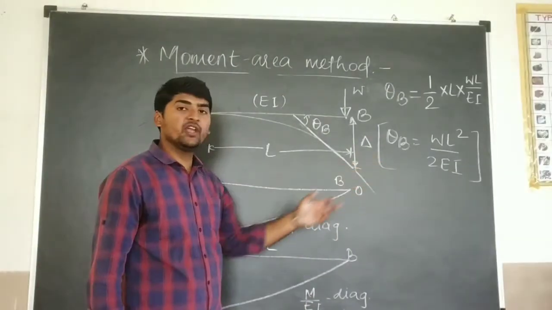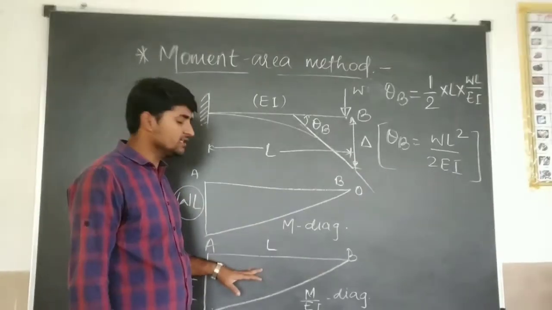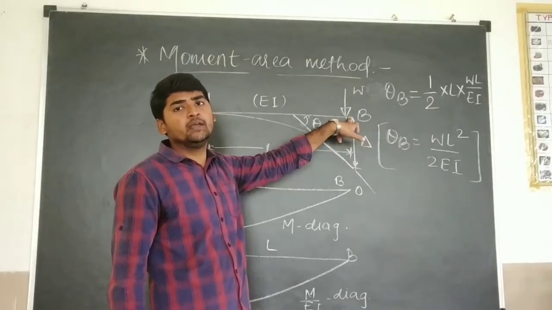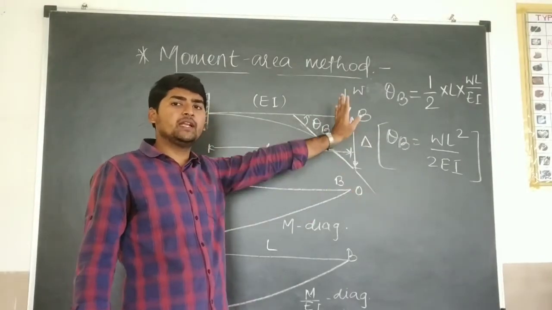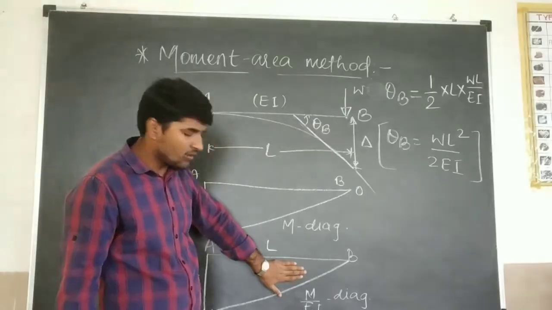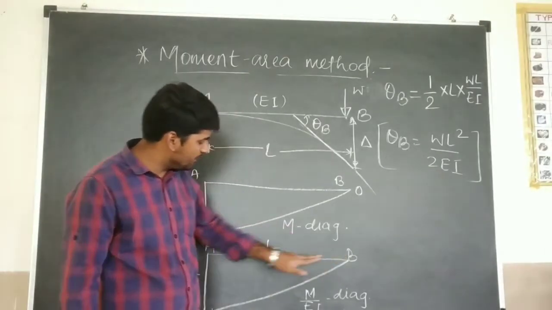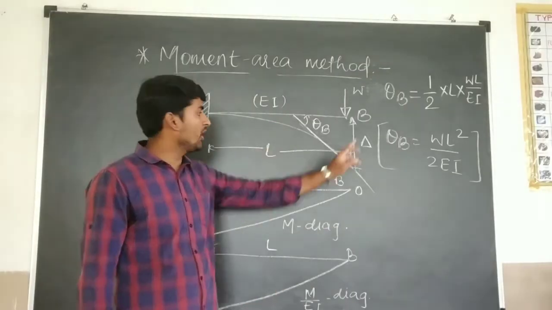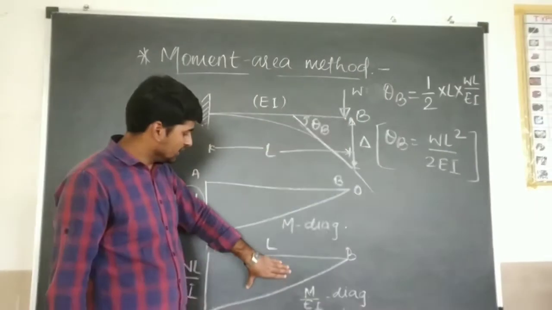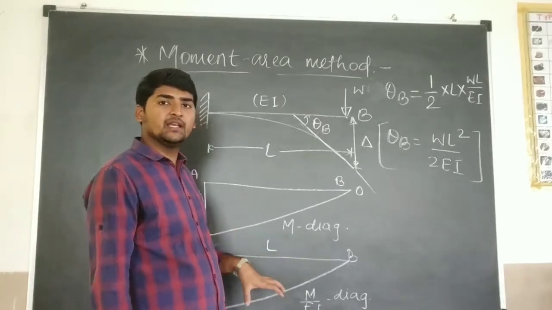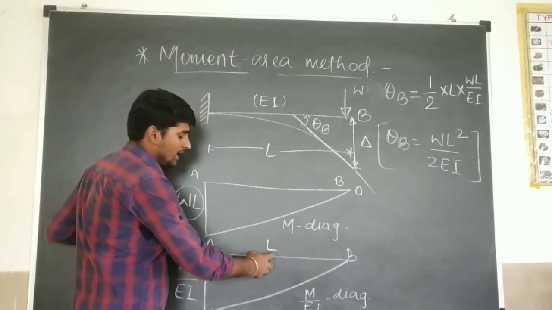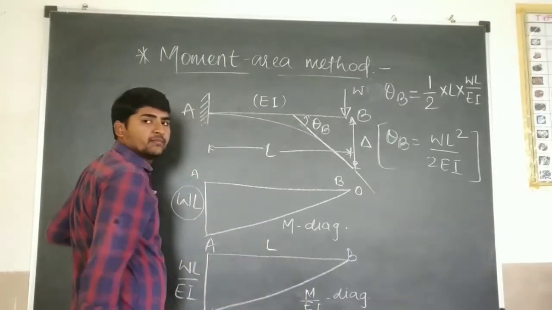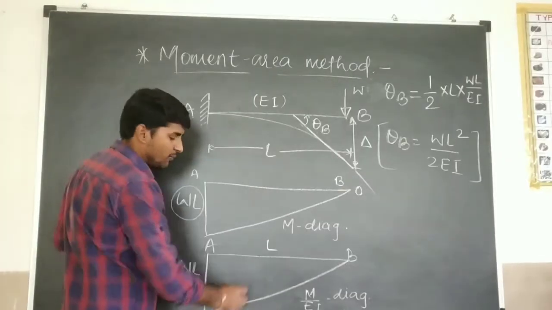Now after the slope, we have to find the deflection at B. That is the deflection at point B. Okay. So according to the second theorem of the moment area method, the moment of this M upon EI diagram from point B to A will give us the deflection at point B. So how will we calculate the moment of this diagram? Simply we calculate the area and multiply it with its CG distance from point B, then we get the moment of this M upon EI diagram.